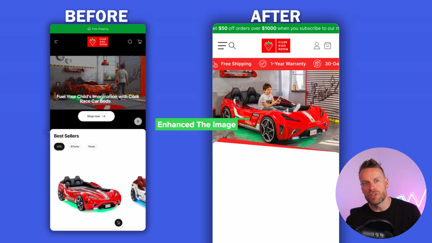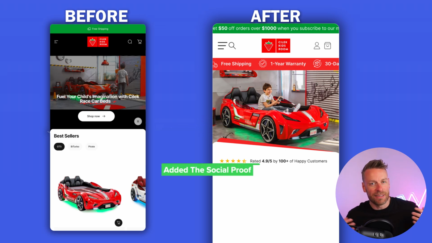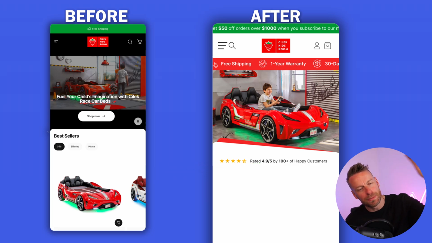We then improved the visuals. We've hit them with that all-important social proof. These guys have great social proof, so we just leveraged it higher above the fold. So now people know they can trust this brand with a mix between that trust policy bar and the reviews